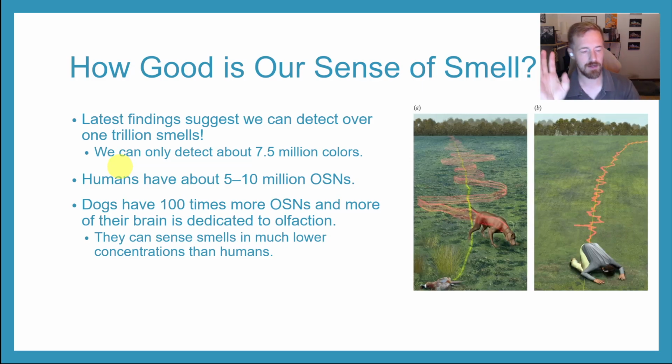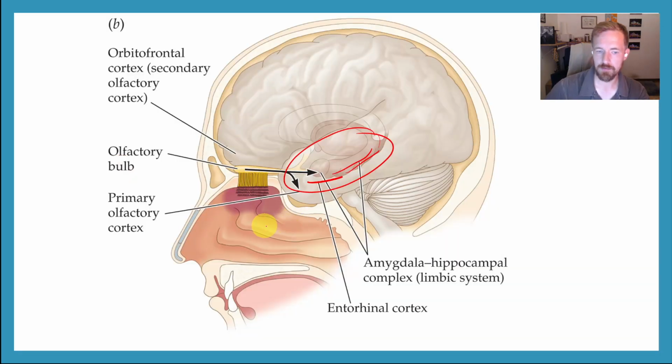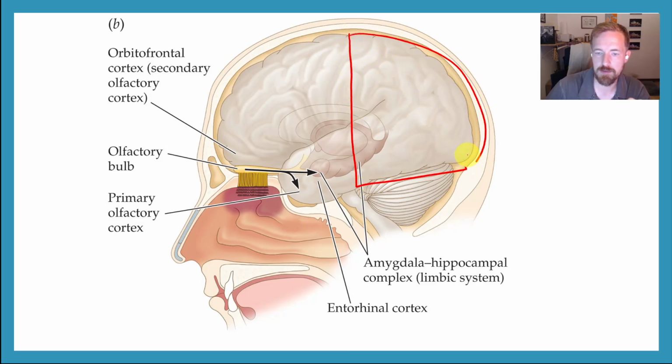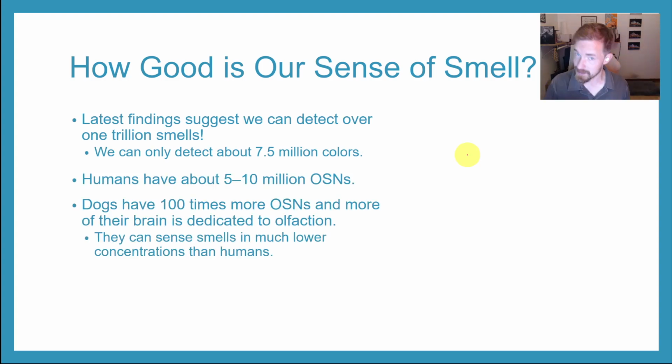I don't have a dissected rat brain to show you, but if you look at a rat's brain, I want to say it's almost half of its brain is dedicated to processing olfaction and smells. And that's very different than humans. As you saw, we were just talking about this little blueberry piece up here, the olfactory bulb, and some of these smaller areas down here. The equivalent for a rat would be like this whole back section is just dedicated to smells, which is why rats are really bad at seeing, but also really good at smelling things.